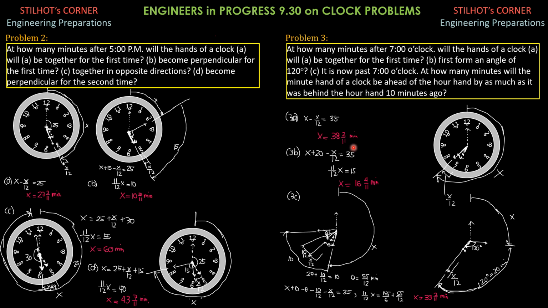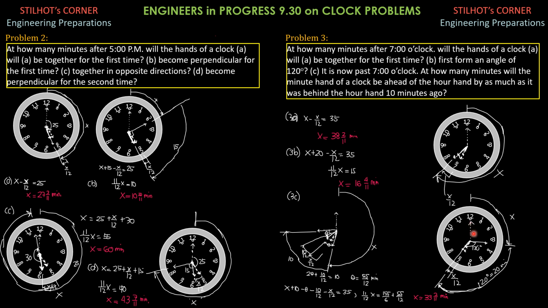For part B, first form an angle of 120 degrees. 120 degrees divided by 30 degrees per 5 minutes is 4. 120 over 30 is 4. 4 times 5 is 20 minutes. So 120 degrees corresponds to 20 minutes. So 7,